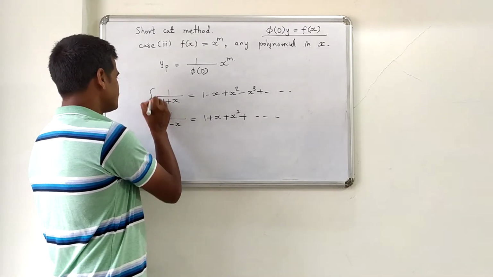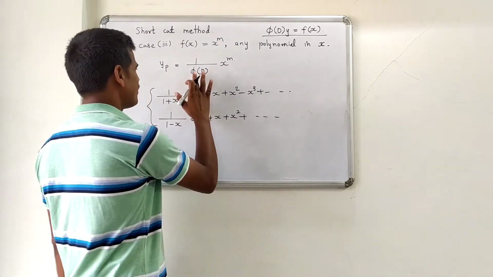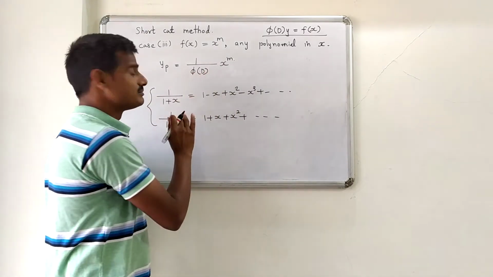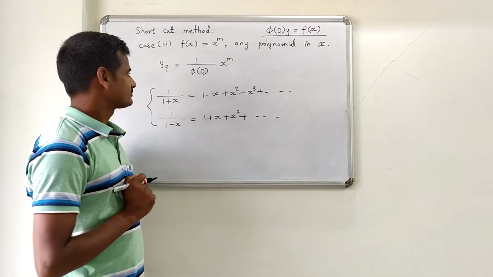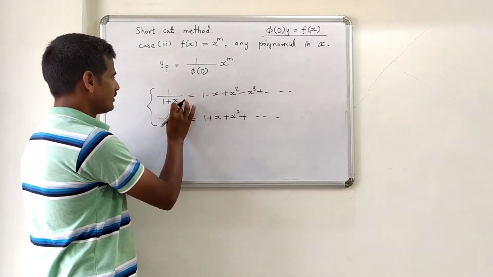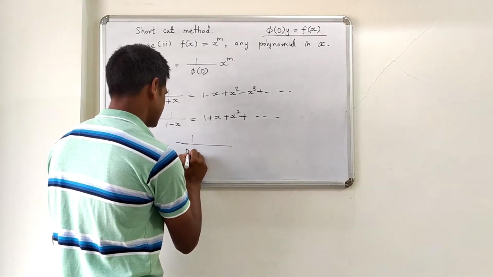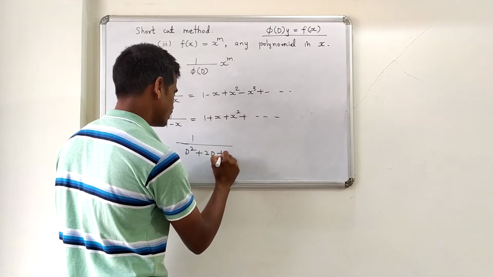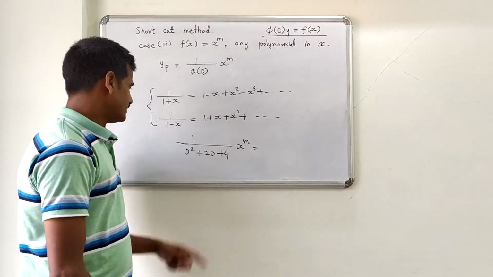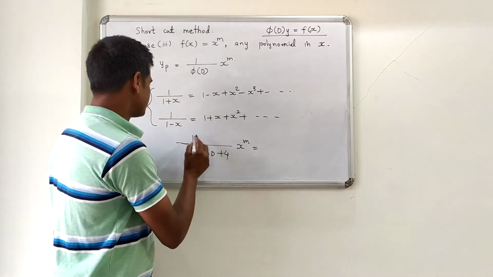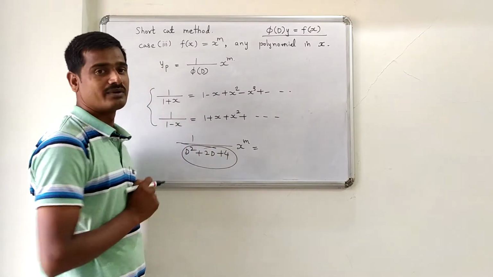Now why have I written these two results on the board? There is a specific reason behind this, because I want to express this phi of D in terms of either 1 plus x or 1 minus x, as the case may be. Now how to express it in the form of either this or this form? Let me take some special case. So 1 upon, let us say your phi of D is 2D plus 4 operated on some function x raised to m. So if this is the case, then how to express it? Now it is already in the denominator. So how to express this in the form of 1 plus x or 1 minus x?